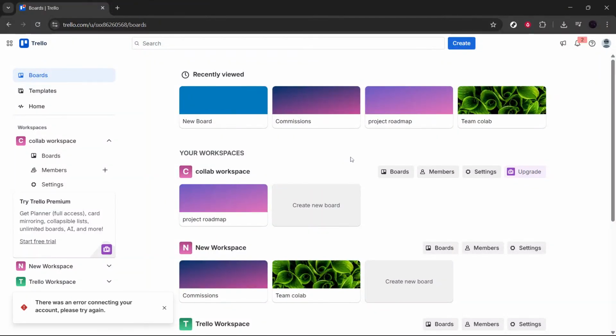In today's video, I'm going to show you exactly how to sync Trello with Google Calendar so you can see all your tasks and deadlines in one place. If you use Trello to manage projects but rely on Google Calendar to plan your day, syncing the two can completely streamline your workflow. By the end of this video, your Trello board will be connected to Google Calendar and